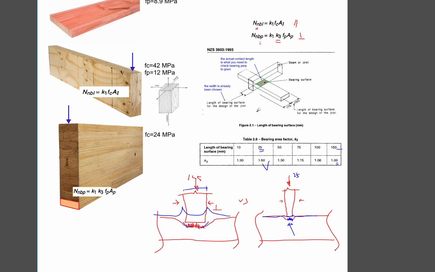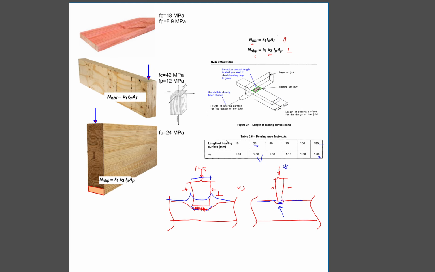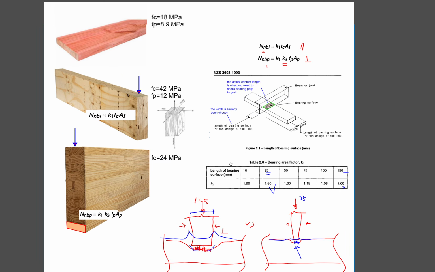And when you get a situation where you can't get a pass, then you look at the K3 factor carefully, to see whether you can increase your bearing capacity. So the K3 factor is a correction factor for the bearing capacity. Okay, so that's the timber in bearing. It's roughly